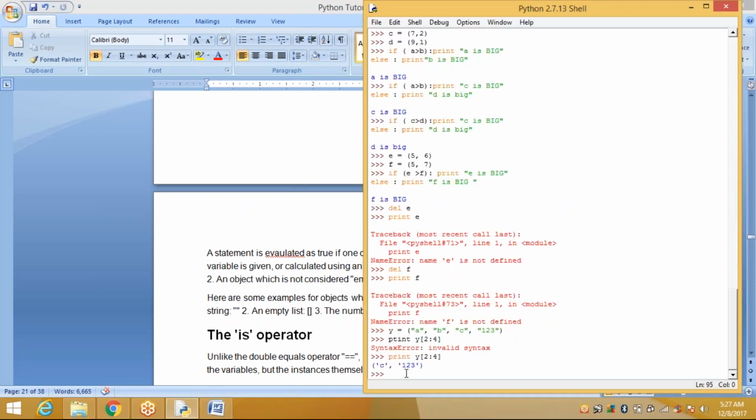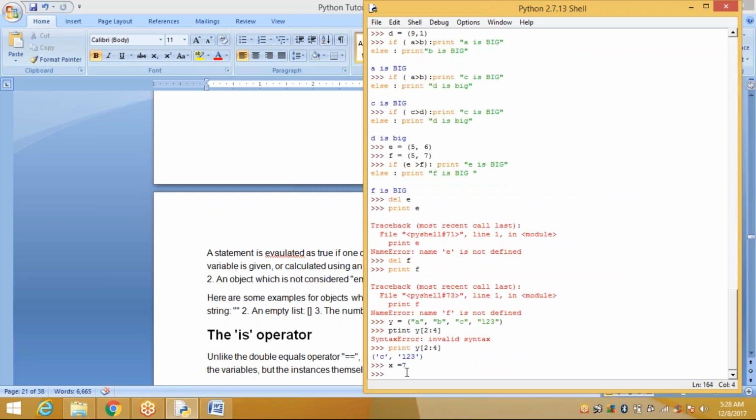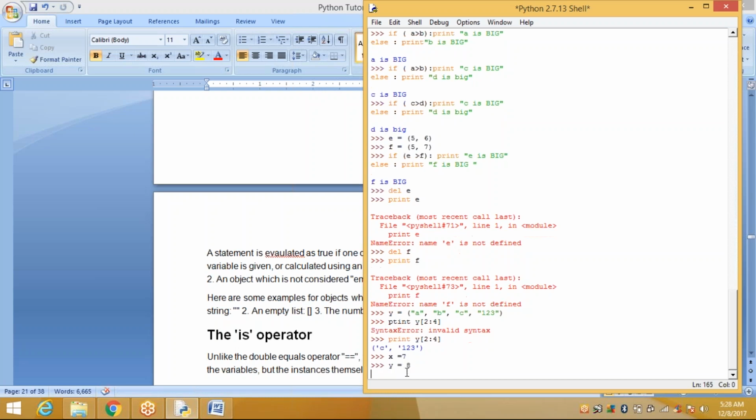Okay, you can compare. See here. Suppose x is equal to 7, y is equal to 8. Now print which is greater. Print x is greater than y.